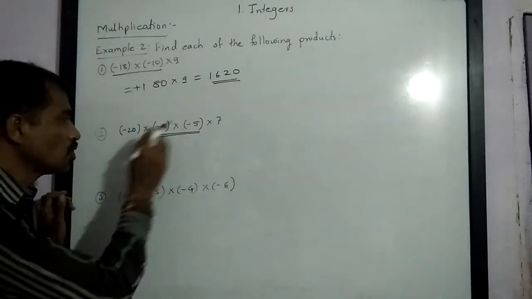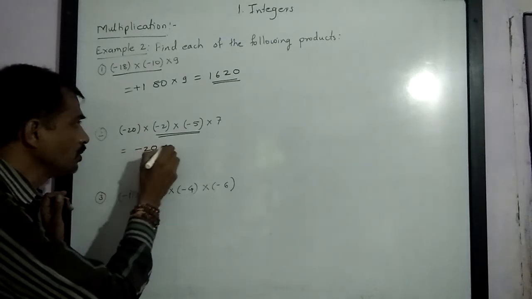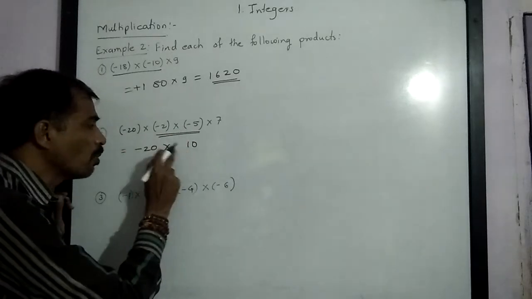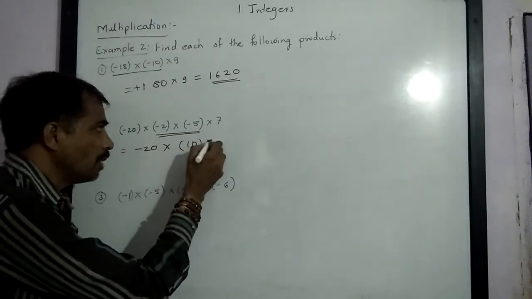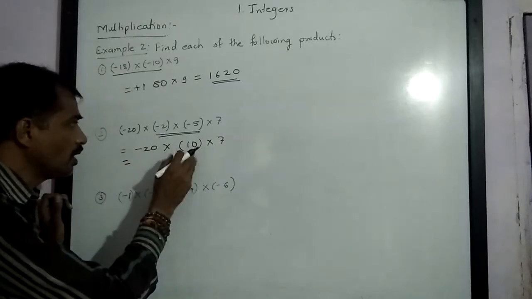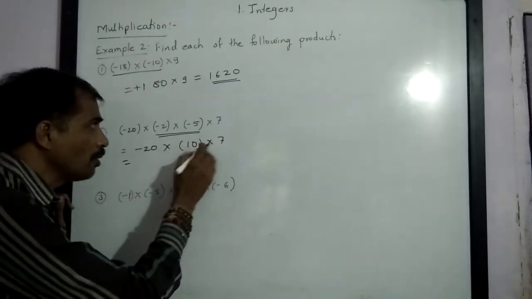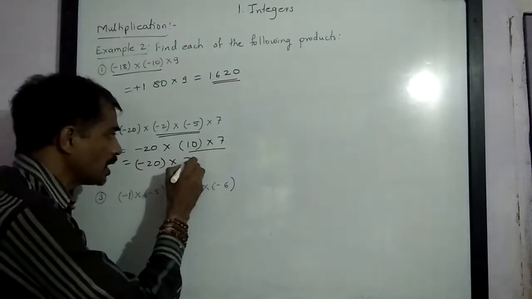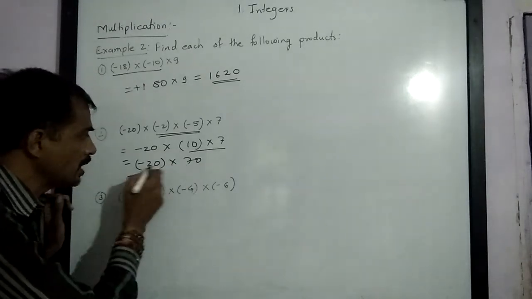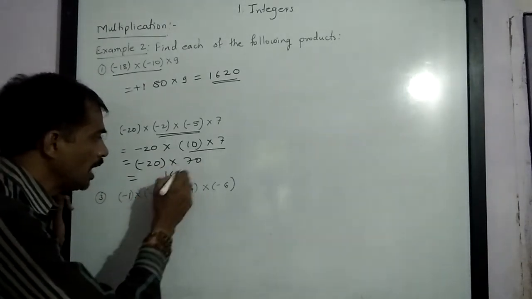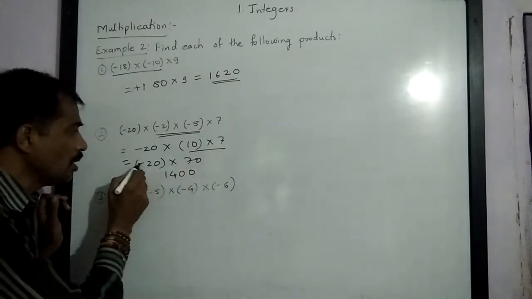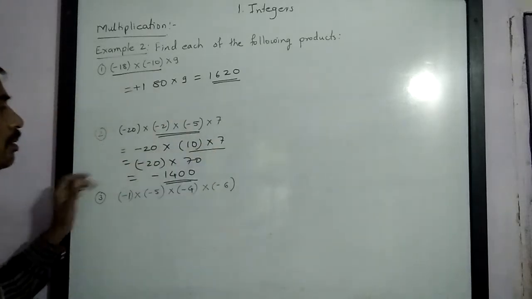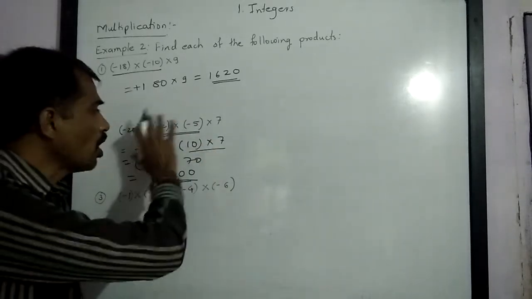Let us solve. So this is equal to negative 20 multiplied by 5 2s are 10, and negative into negative is positive. So this will be 10 multiplied by 7. Now I am going to do this operation. So this will be negative 20 multiplied by 7 tens are 70. This is equal to, now we know that 7 2s are 14 and 2 zeros as it is. This minus into plus is minus. Please understand, I have reduced the probability of making a mistake if you solve in this sequence.